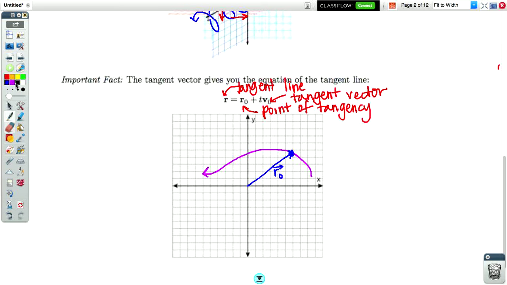Now from that point of tangency, I know that I can get a tangent vector, and I'm going to call that vector v sub 0. The sub 0 is just because I have locked this at a point. If I just said v, it would be telling me that v could vary, but since I say v sub 0, I just mean it's locked at this point of tangency. So there's my tangent vector, and in order to get the equation of the tangent line, what I'm trying to do is extend this vector out in both